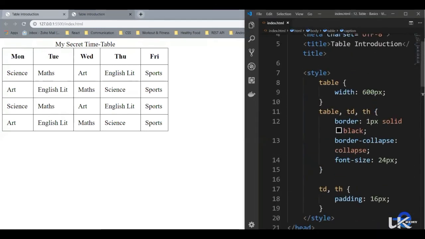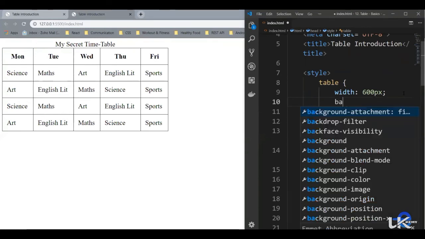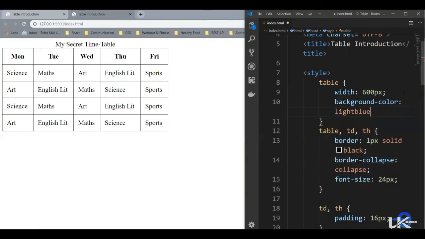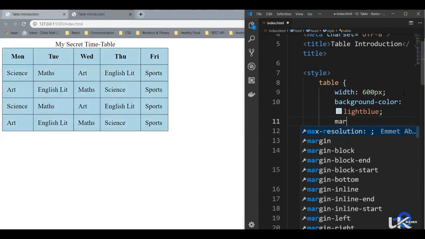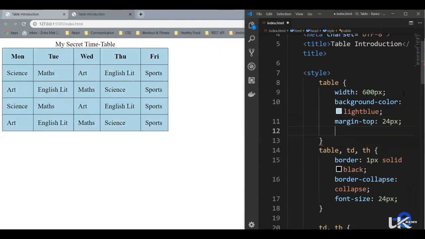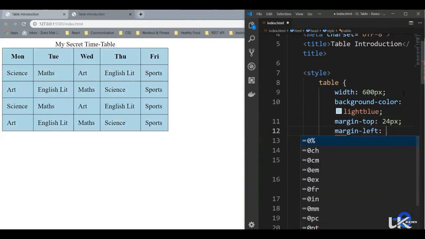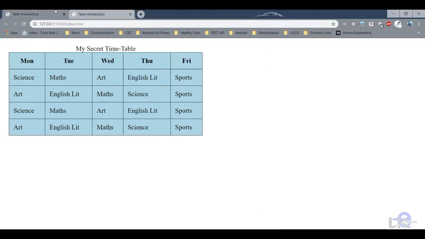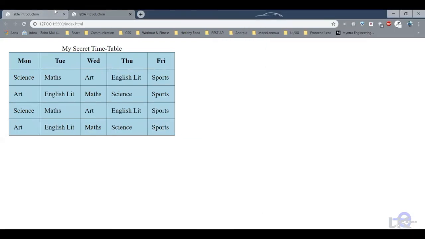Now let's add a background color to our table. Say background color, light blue. Let's save it. And let's add some margin on the top and left. Say 24 pixels and 24 pixels. Let's save it. So as you can see, our table looks pretty much the same, just that the width seems a bit less.